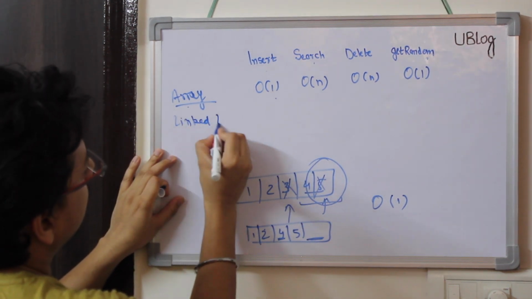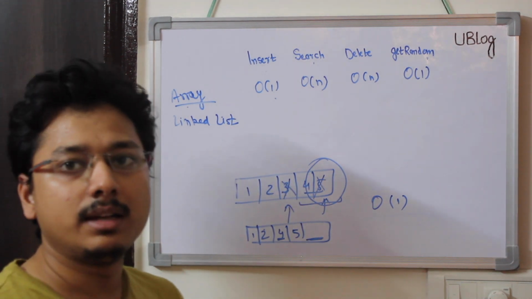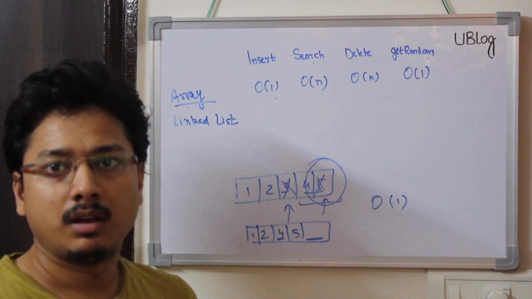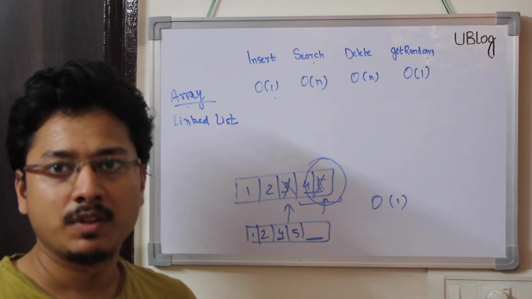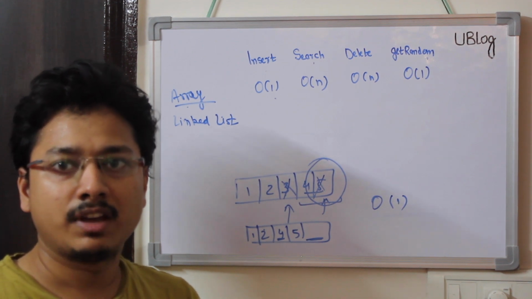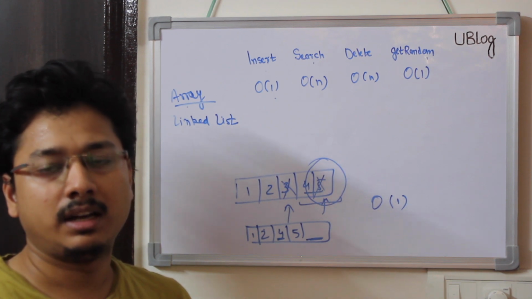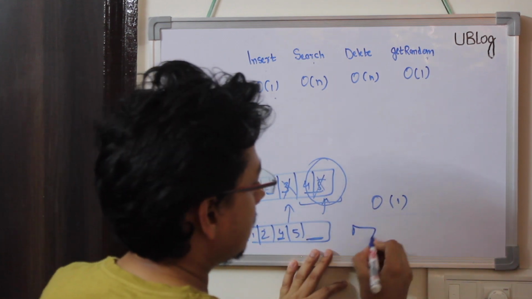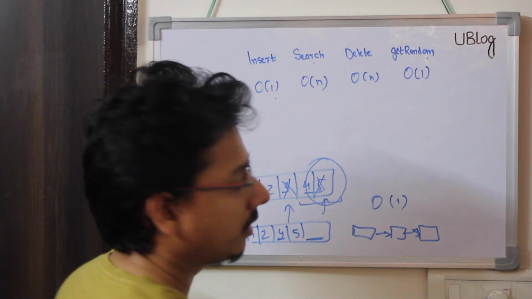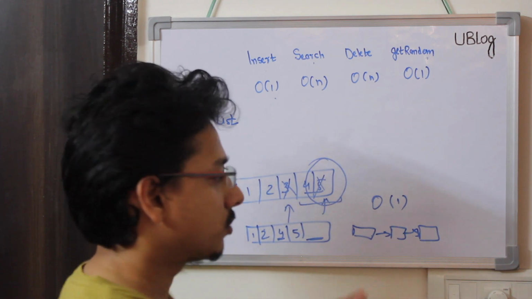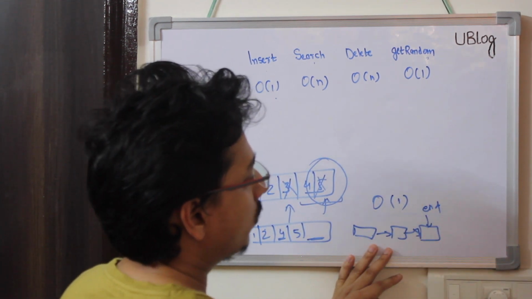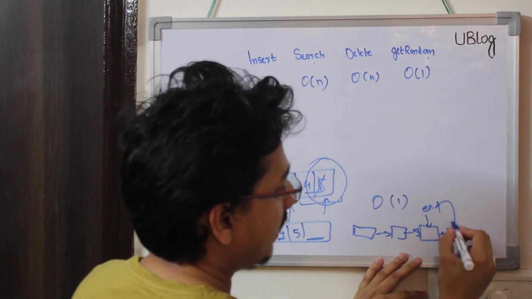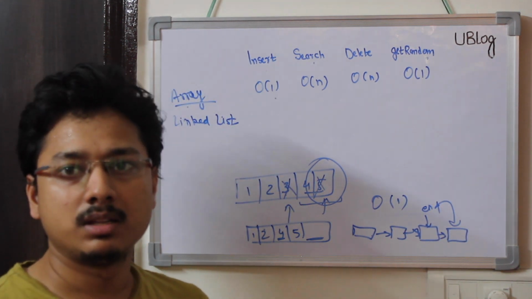If we look at the insert part in the linked list, if we are given the node at which we need to insert, or for example we can insert at the end, insert is always O(1), because if we need to insert at the end, we can always have an end pointer. In any linked list we have, we can keep an end pointer. My end will always be pointing to the last node, and when we need to insert a new node, we can point the next of end to the new node and mark the end to the new node. So that's how we can perform the insert operation in constant time.